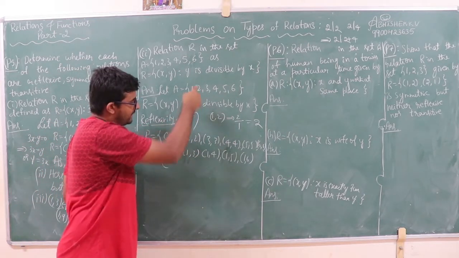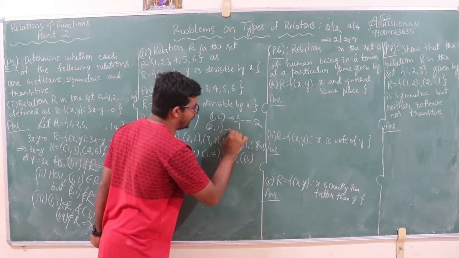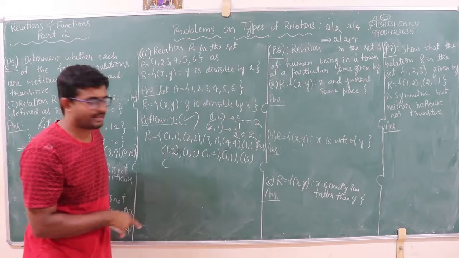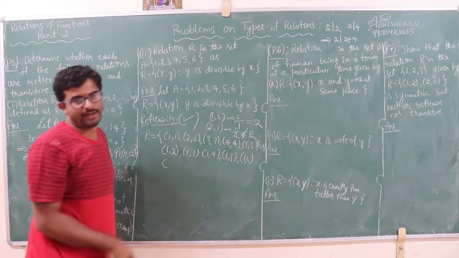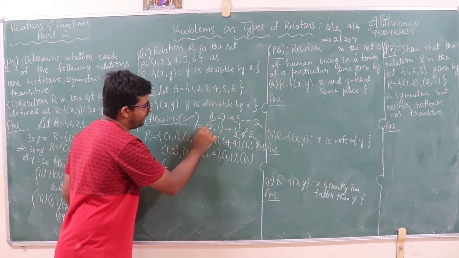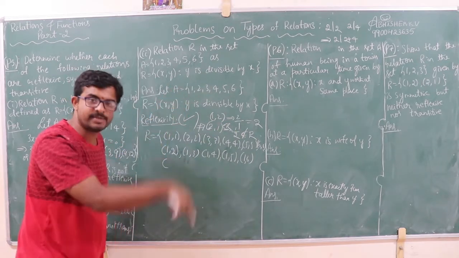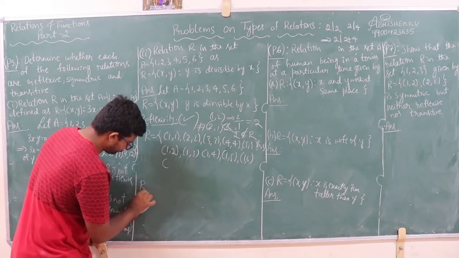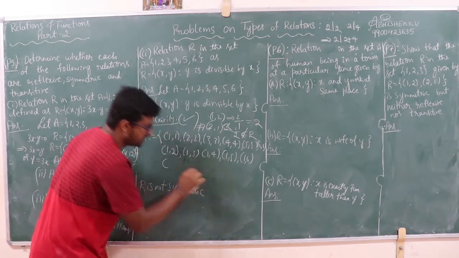Now if I consider 2 and 1, according to this, 1 is divisible by 2. You are getting what? This belongs to the real numbers, does not belong to the whole numbers. Therefore, 1 is not divisible by 2. Therefore, 2 and 1 does not belong to the relation. Yes, from this we get that 1, 2 belongs to the relation does not imply 2, 1 belongs to the relation. That is, 2 is divisible by 1, but 1 is not divisible by 2. This implies R is not symmetric.